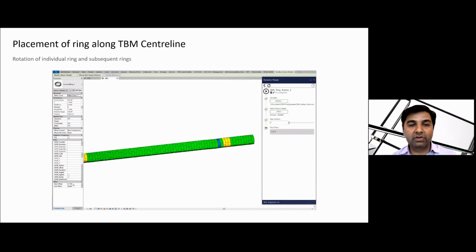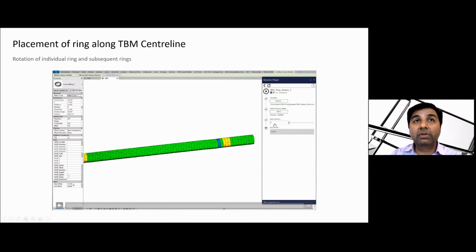Here I am using the TBM center line from the CSV file. So I just select which ring I want to rotate, select that ring. What will be the new position? I can use any position depending on the number of connections. For example, if this ring has 16 connections, then I can use positions from 1 to 16. And after running the script, we also have in the output, when we use this particular new position, what will be the maximum offset on all the subsequent rings?